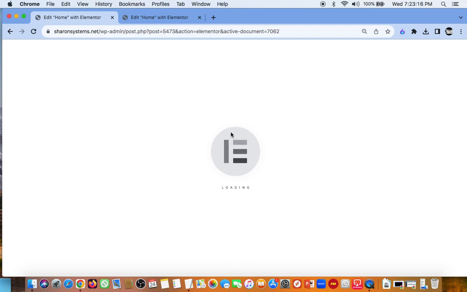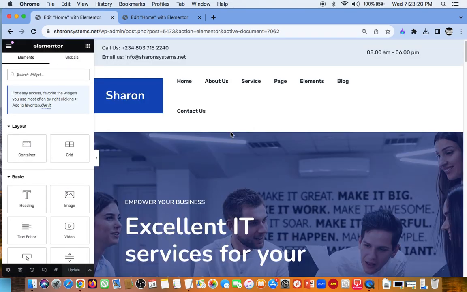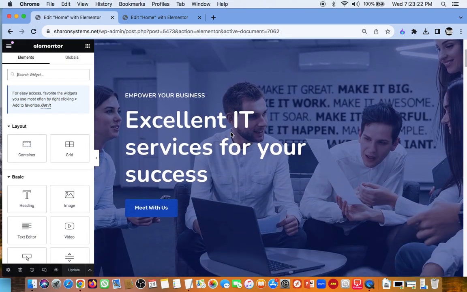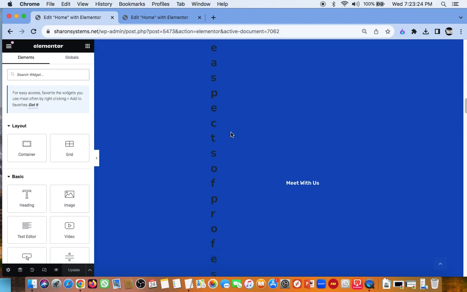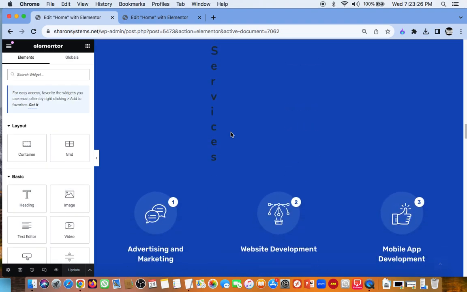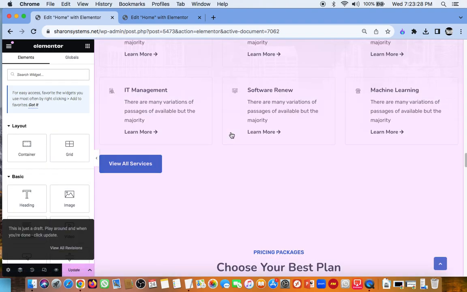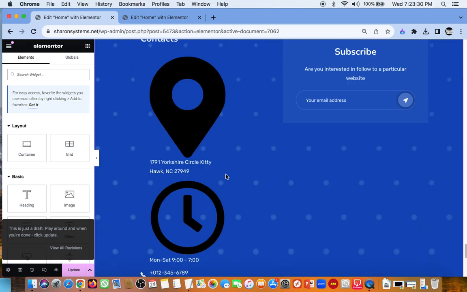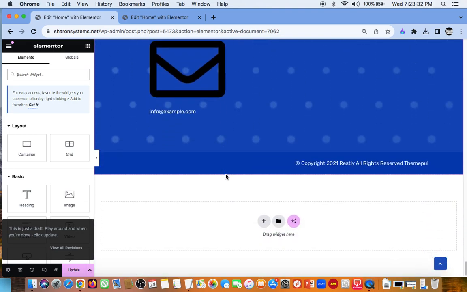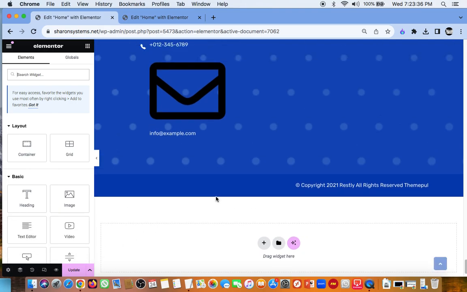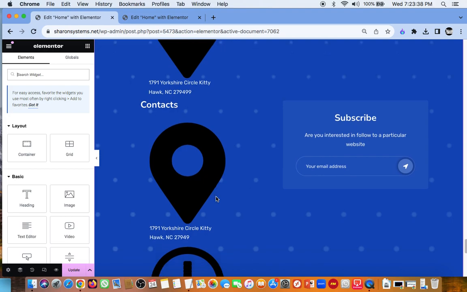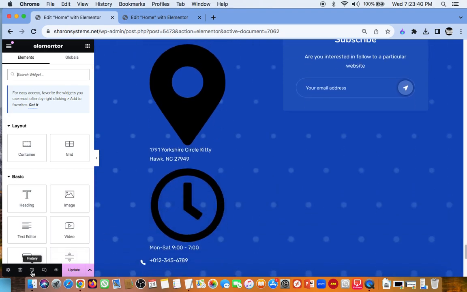So Elementor is a very easy way to edit any WordPress site. I already installed a pro version for you. And we can go. So if for any reason you mistakenly updated something you're not supposed to, you can go to this particular button to check the history of